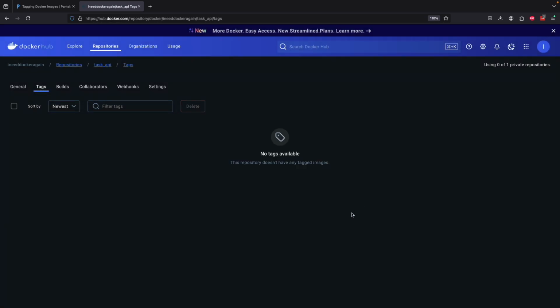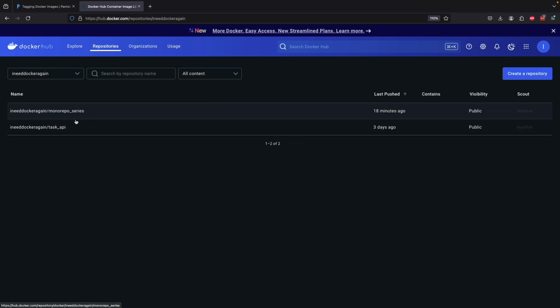Cool. So now I've deleted them. Now I'll try to push this registry, and you see the path is, so if you come to repository, you'll see the name of the path is I need Docker again / the name of whatever I want to push, right? So I'll go back to,